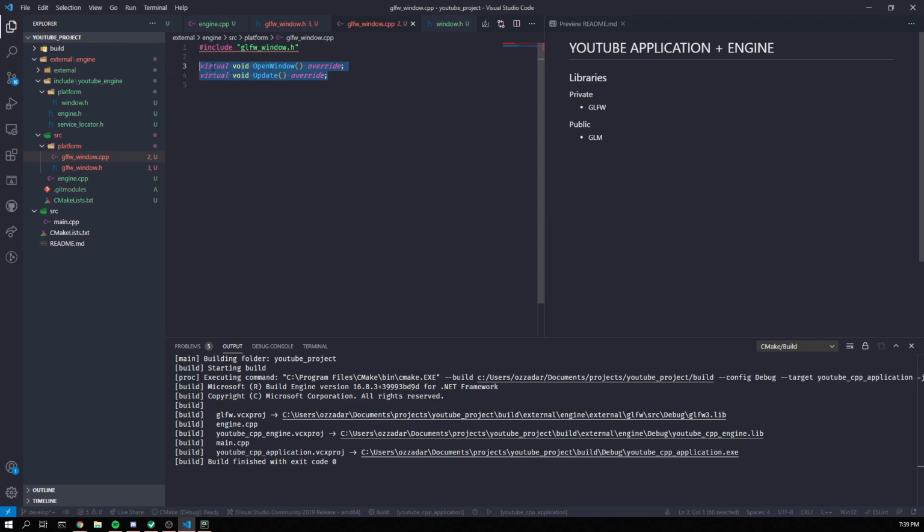Let's take this, take away virtual, custom window, and then open window. So for open window, what we're going to do is glfw window,